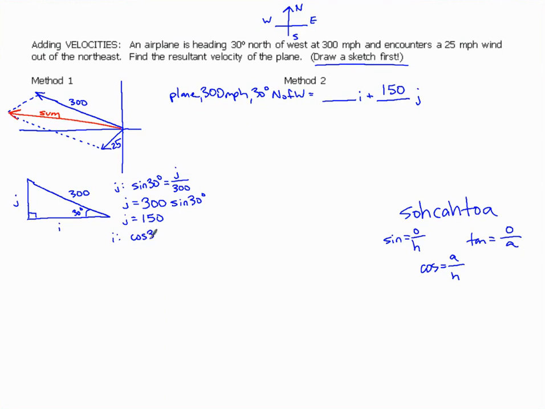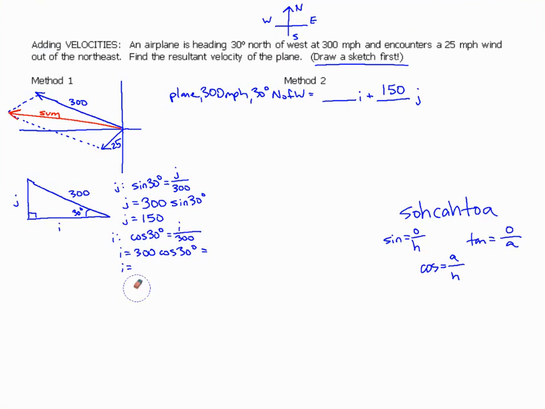The cosine of 30 degrees equals I over 300. Again, your minimum step for showing your work: I equals 300 cosine of 30 degrees. And we find the horizontal component equals